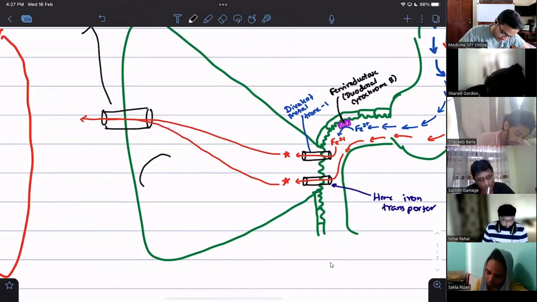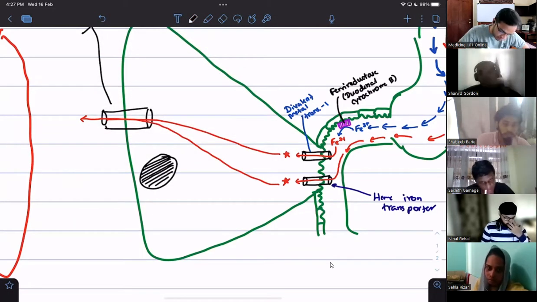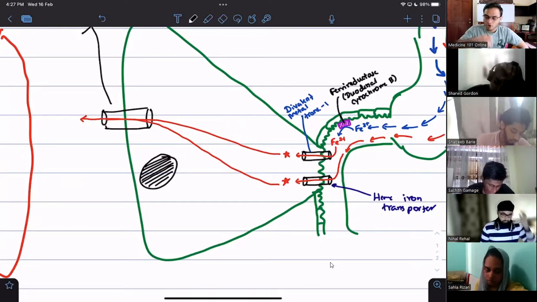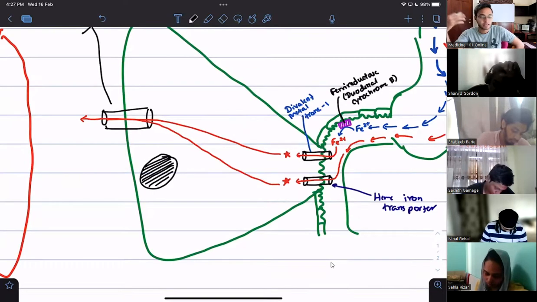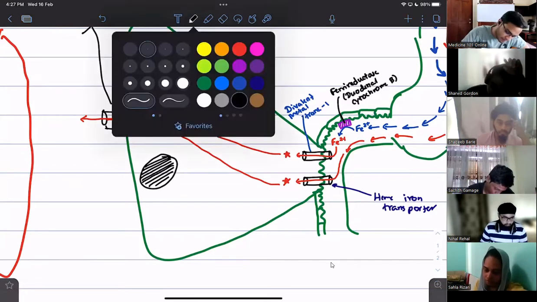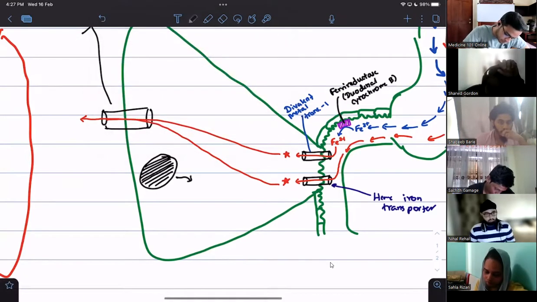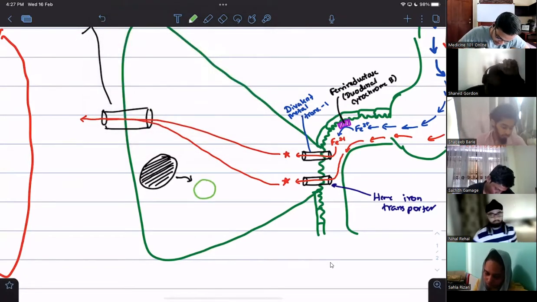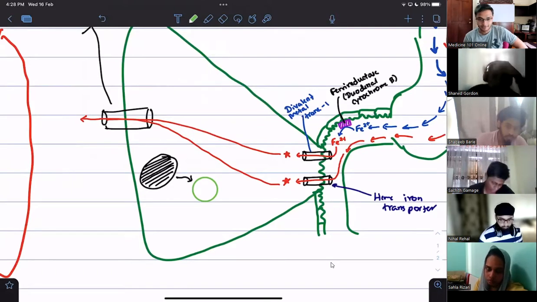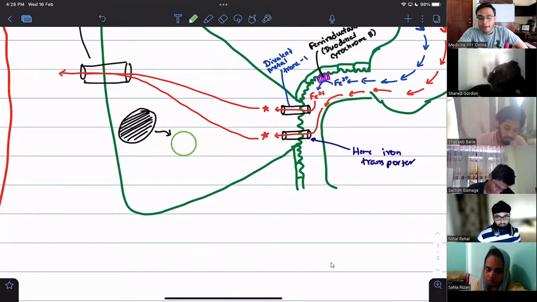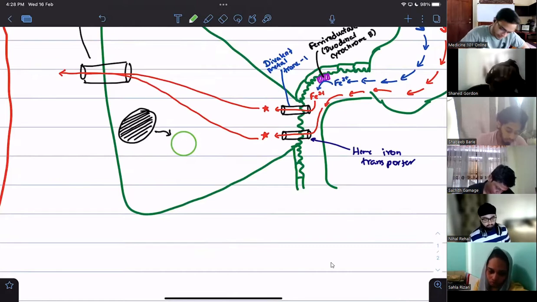These duodenal epithelial cells, guys, this is their nucleus, right? This is the nucleus of the duodenal epithelial cell. They can code for a special protein, right? There are some genes involved. They will produce the mRNA, they will get the signal: we don't need iron at the moment, store it for a while. So they will start transcription, translation, all those processes. They will produce this special protein, right? You can draw it like this, a protein. This protein is called apoferritin, right?